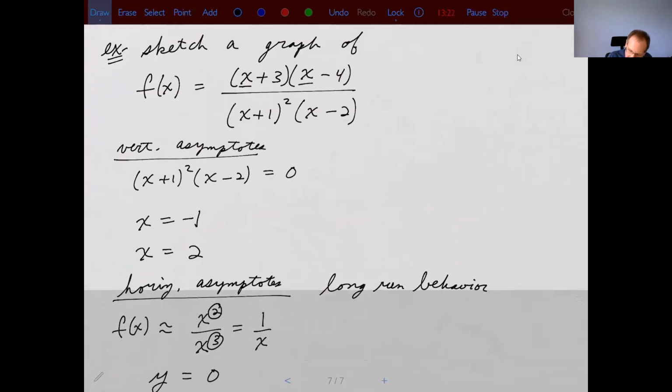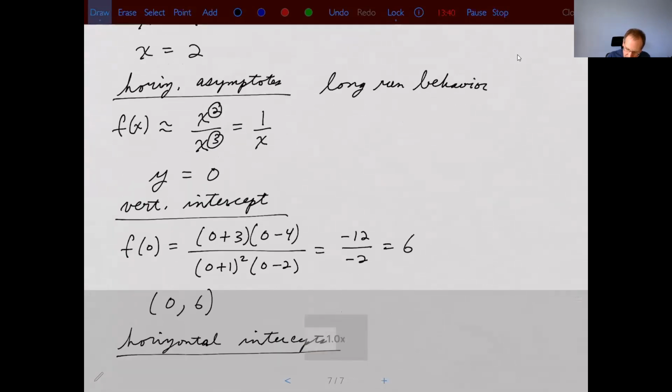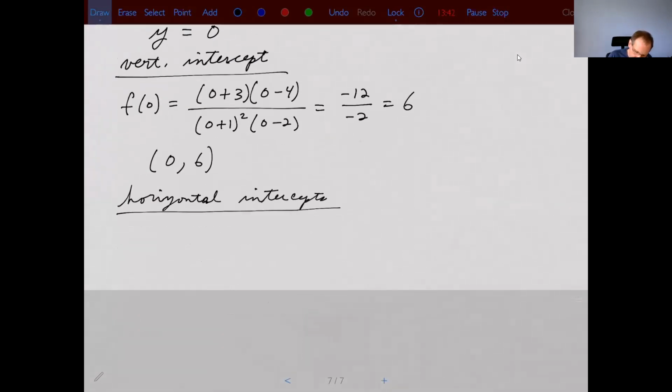Since I can't cancel any of these factors, I know immediately that there are no holes, so I don't have to worry about any holes. If I want to find the horizontal intercepts, I need to set the whole thing equal to 0, but that's the same as saying set the numerator equal to 0. So I just need to set x plus 3 times x minus 4